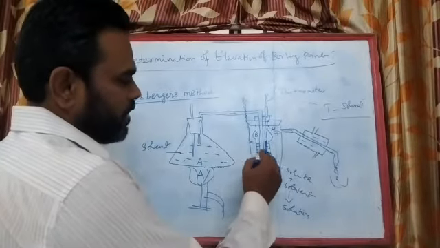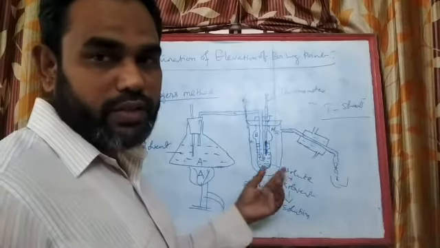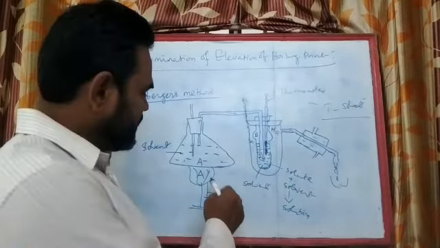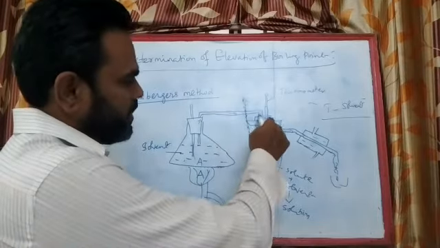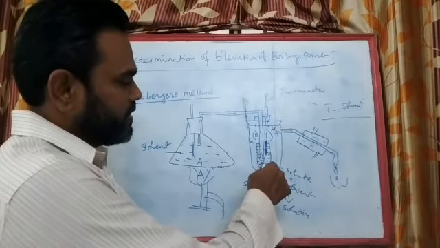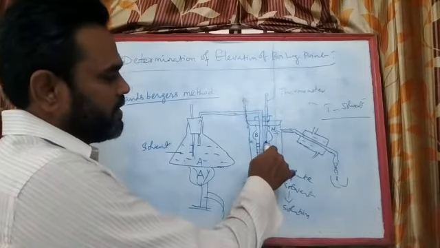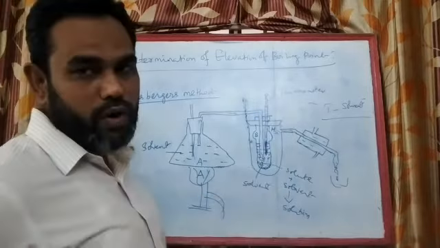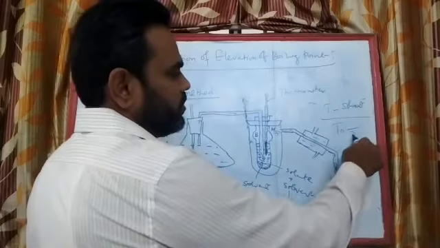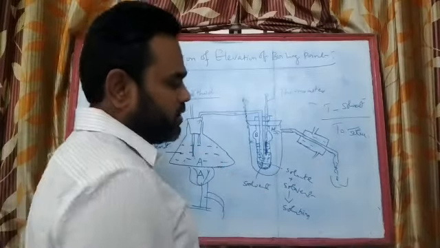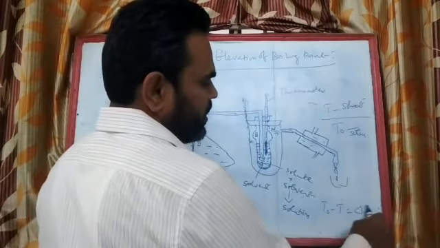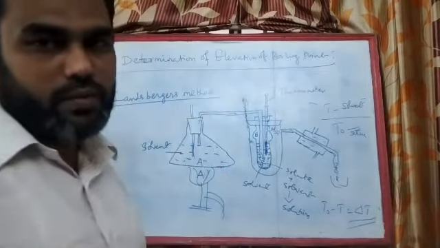If you add a little amount of solute to this, it becomes a solution, and repeat the same process. Vapors evaporate, come down here, the latent heat of condensation heats up this solution now, the temperature rises, and remains constant at its boiling point. The boiling point is now noted as T0. This is for the solution. So T0 minus T is equal to delta T, the elevation of boiling point.